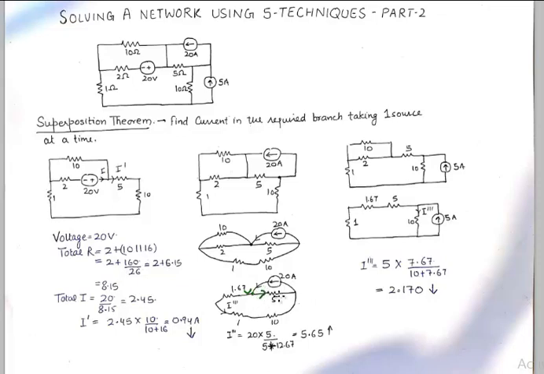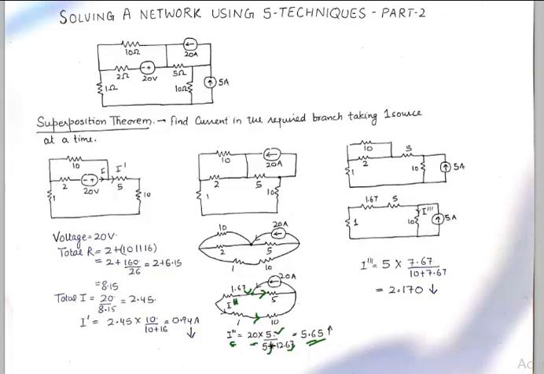Either it can go into the 5 ohm resistor branch, or it can go into this 12.67 ohm resistor branch. We are concerned about this branch, so for the 20 ampere current, the current through this is labeled as I double dash. I'm sorry, this is I double dash. So that comes out to be